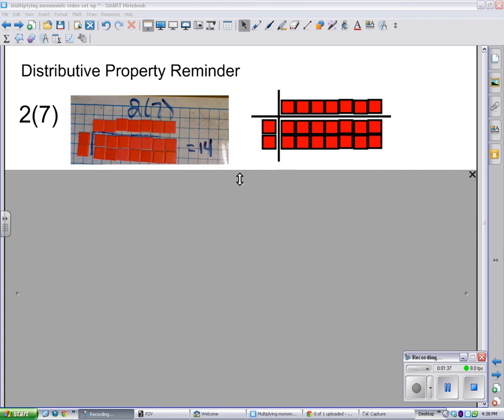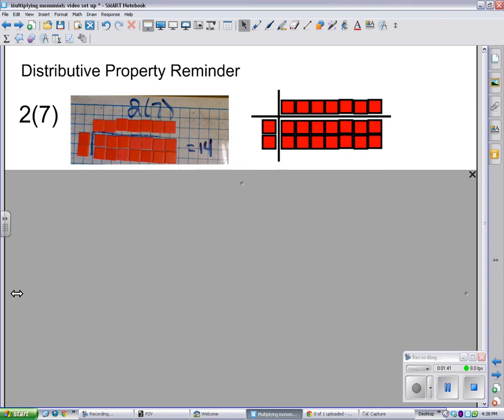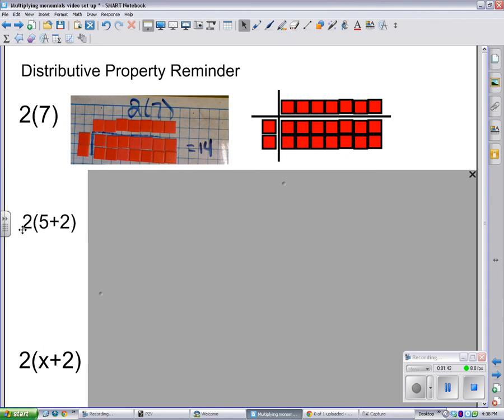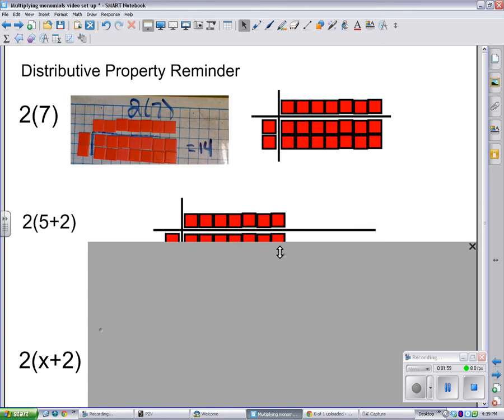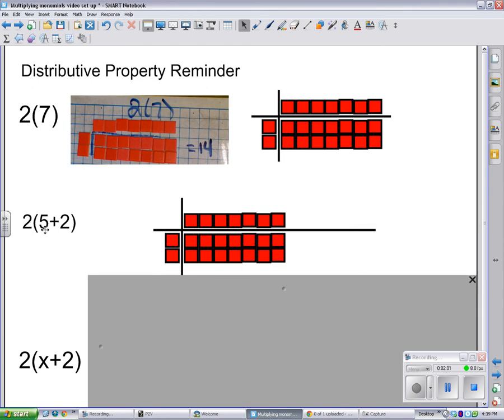So I am going to use this setup in order to answer the question 2 times (5 plus 2). Notice the 5 plus 2 is in brackets. So if we were just simplifying this, then we would probably add the 5 plus 2 first and then multiply. But what we're looking for here is a pattern or a rule that we can use when we're doing the distributive property. So I happen to know that 5 plus 2 is 7, so I've already got this representation